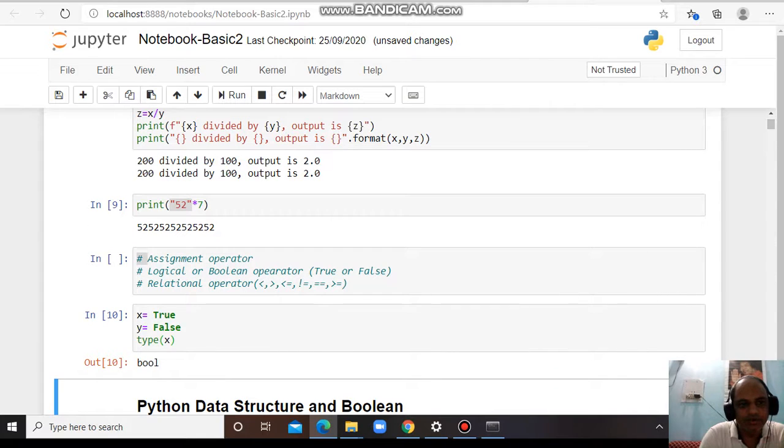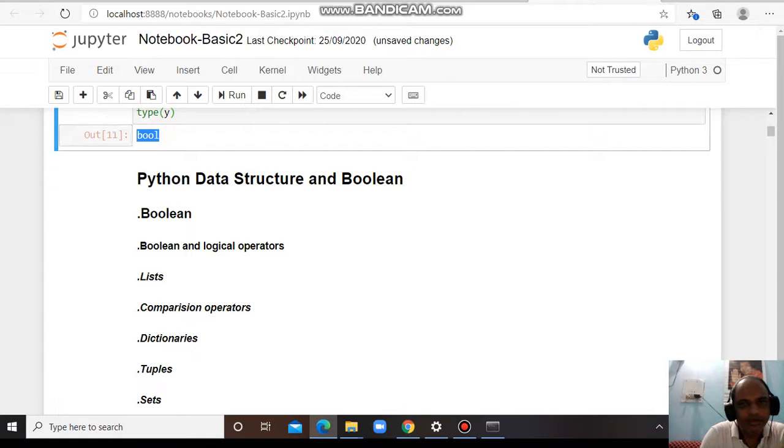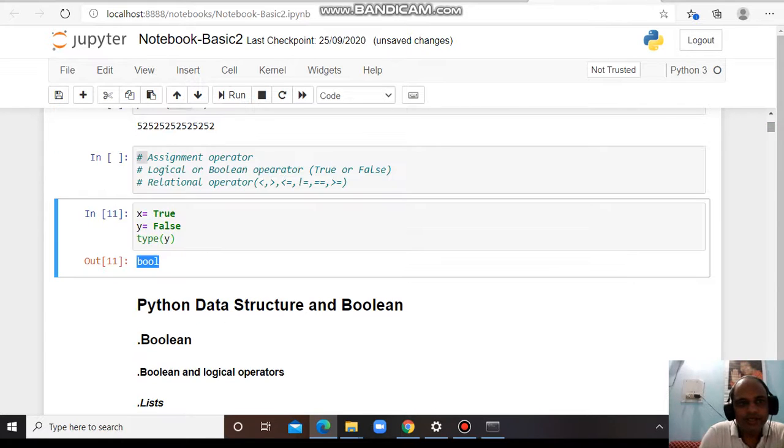The type of y is also boolean. So basically true and false are boolean operators.